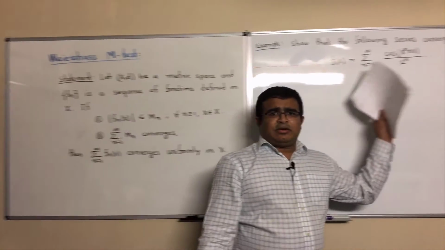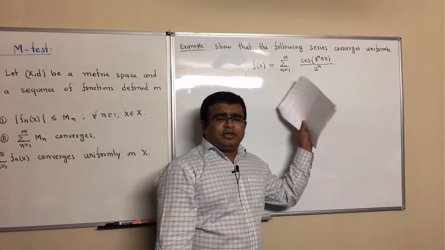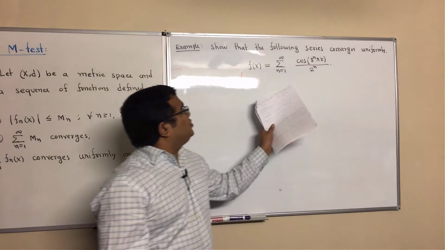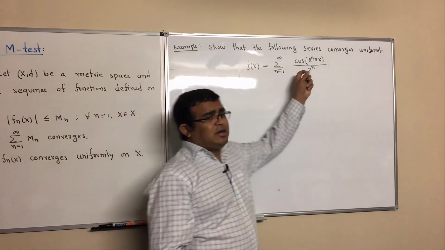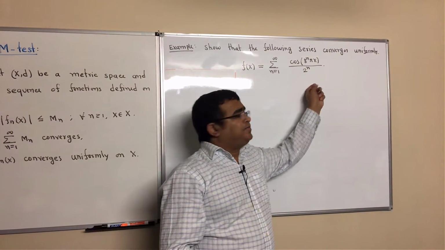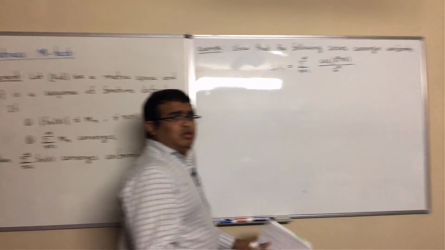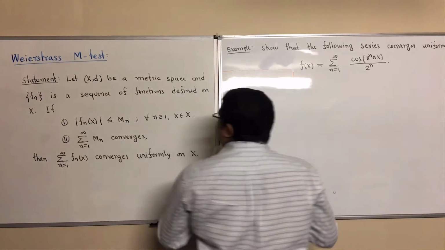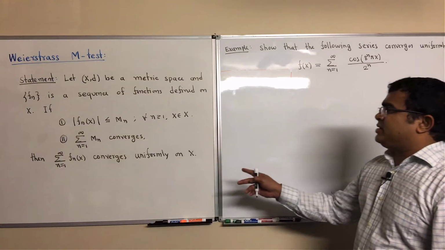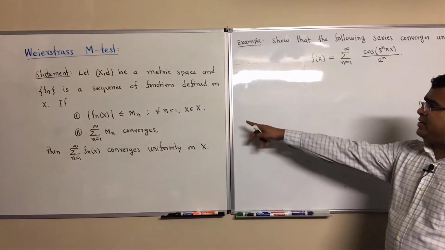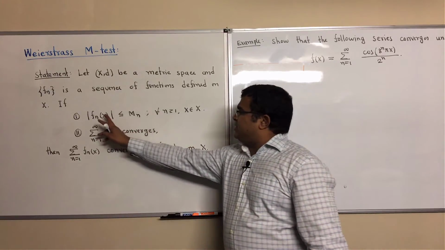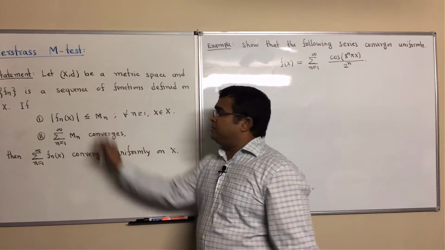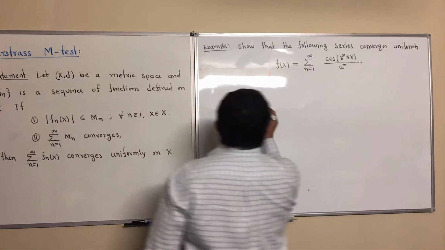So this is our series of functions, and we need to show that this series converges uniformly. What we will do is apply the Weierstrass M-test, but to apply that we need to justify these two conditions. So first condition,